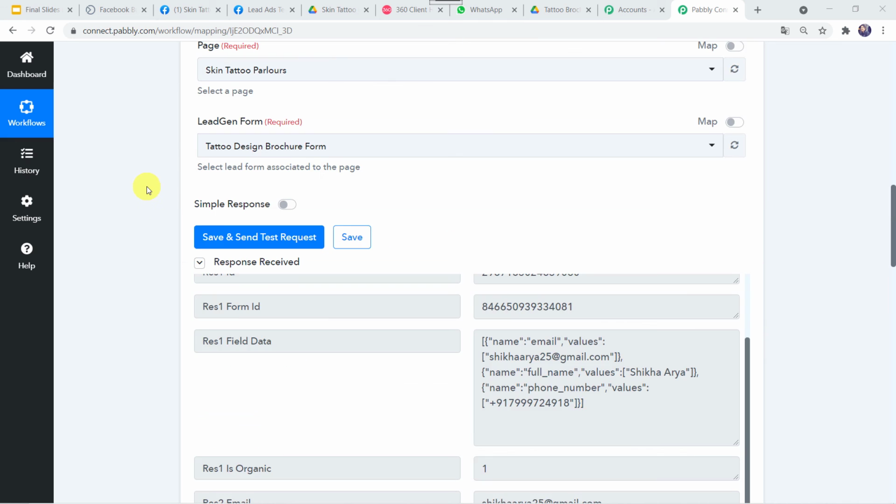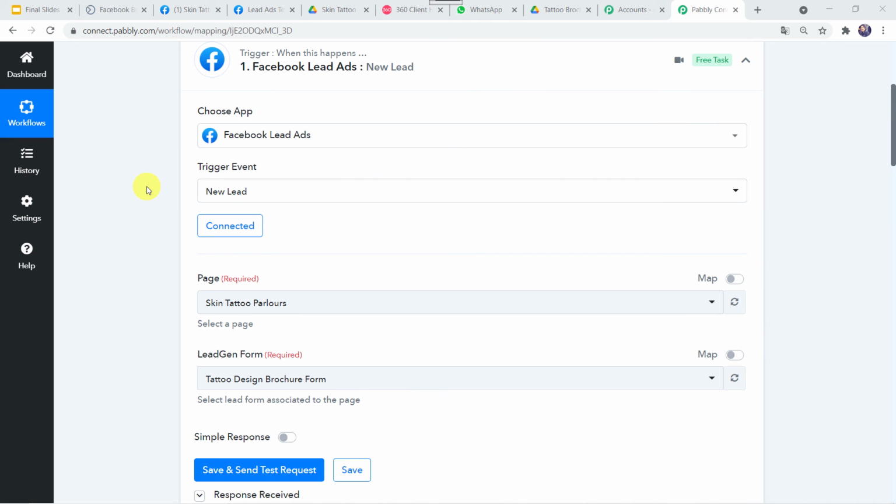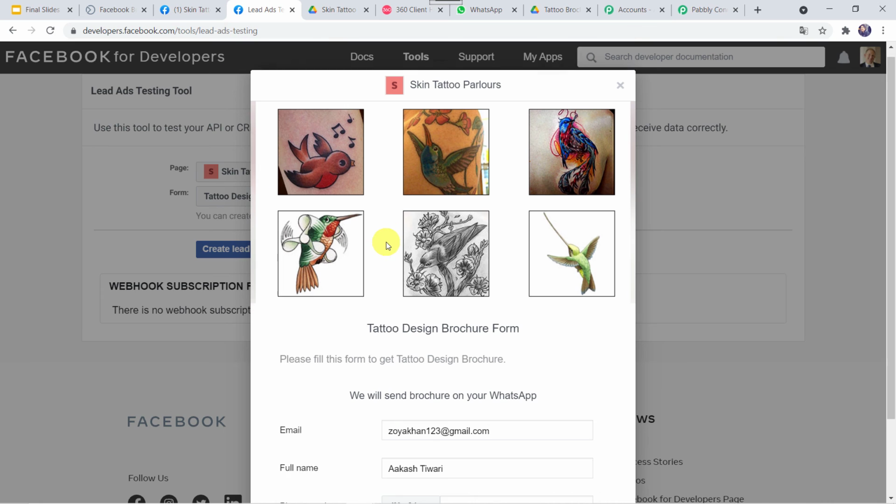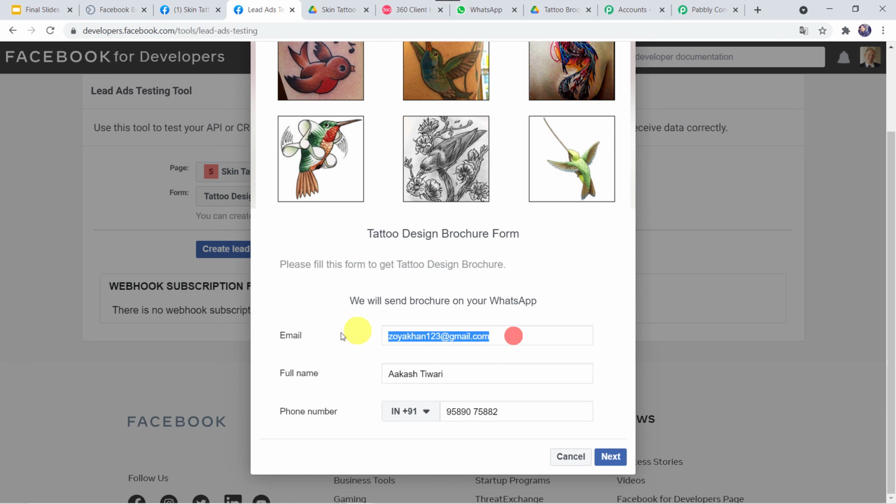Okay. And now let us check this in real time. For that, I'll just go to my Facebook lead ads. And here, let us fill a template. Let us fill this form first. And this time, I'm giving the name as Sanjay. Sorry, I have to give the email address as Sanjay Sharma 32@gmail.com.